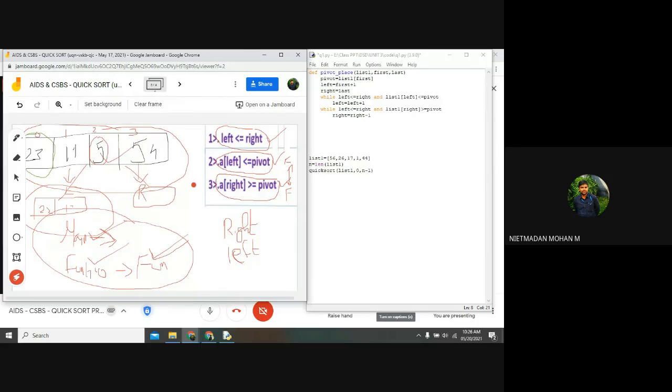Here you want to look after two things. One is, if this condition is false, then you want to swap the pivot value with the right element value. If these two conditions are false, then we want to swap these two numbers. So for that, I am going to write an if statement: if right is less than left. So if this condition is false, if these two conditions are false,